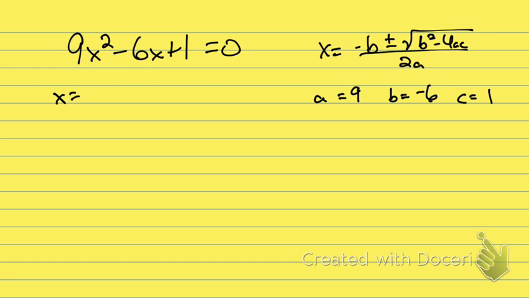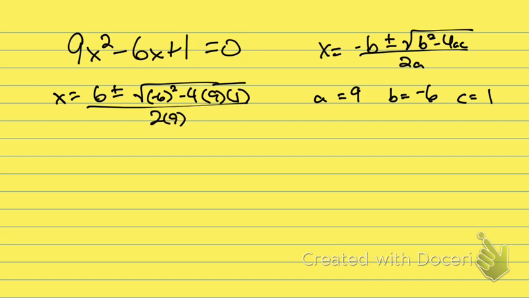So, x equals negative b plus or minus the square root of b squared minus 4ac over 2a. Isn't it negative 6 up at the top? No, because it's negative b, which is just 6. Okay. So if b is negative 6, negative b is 6. Okay. Then from here,